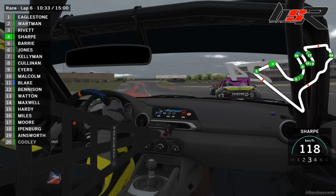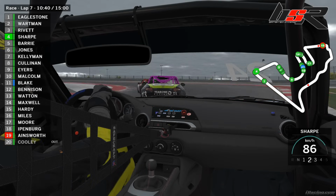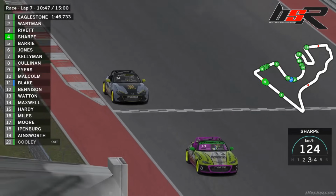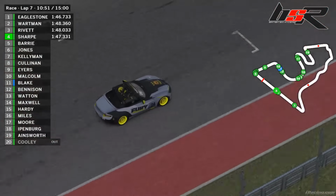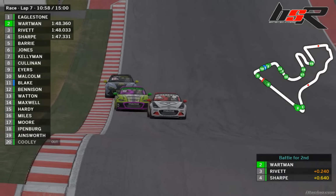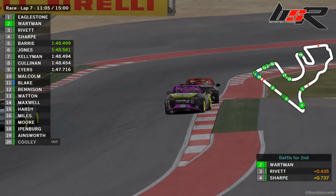Exactly. As you can see, maybe there in the final sector, Michael made a mistake or is not very sharp in that part of the track, because all of a sudden, once again, Rivette and Sharp have closed the gap quite significantly on him as lap 7 starts for these guys as well. Sharp 47.3 is clearly the quicker of these three guys, at least in this lap. So let's see. I'm expecting a move from someone in the next